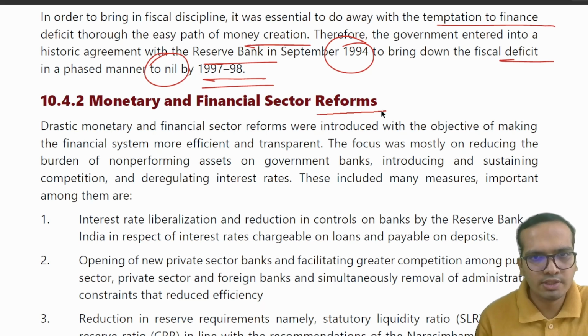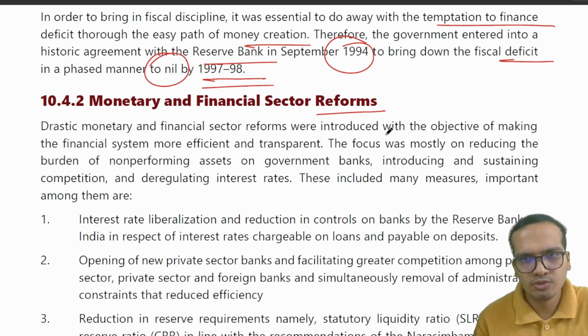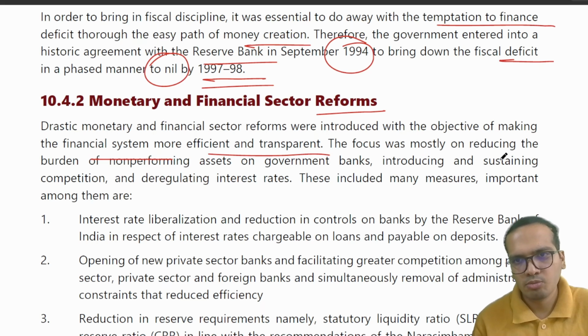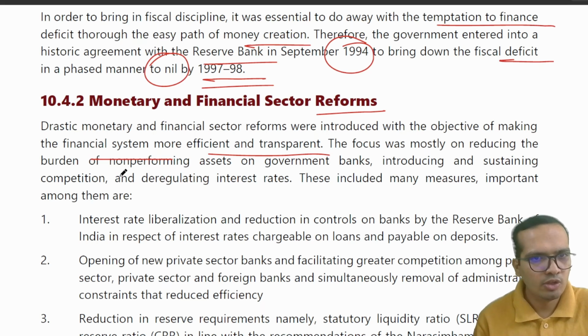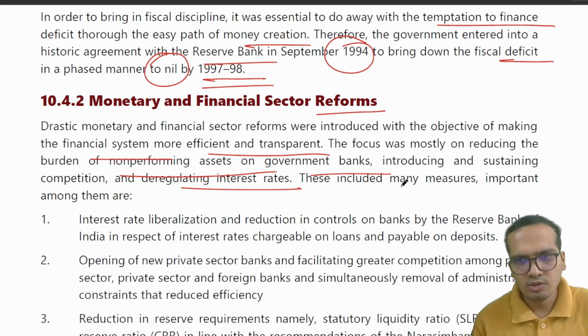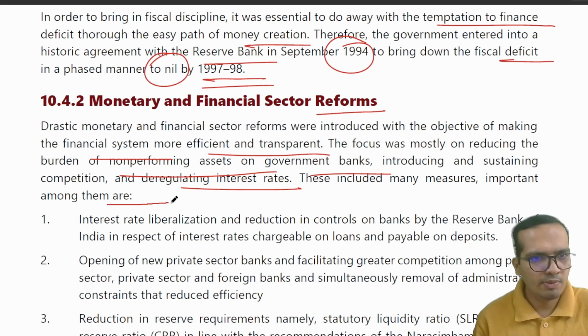Monetary and financial sector reforms. Drastic monetary and financial sector reforms were introduced with the objective of making the financial system more efficient and transparent. The focus was mostly on reducing the burden of non-performing assets on government banks, introducing and sustaining competition, and deregulating interest rate. This includes many measures. Important among them are: